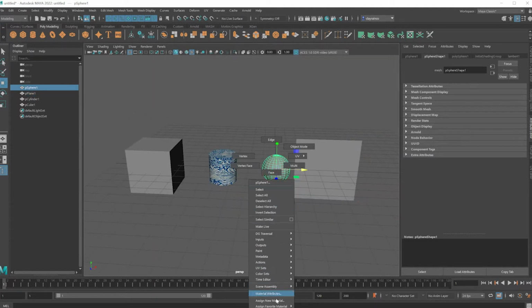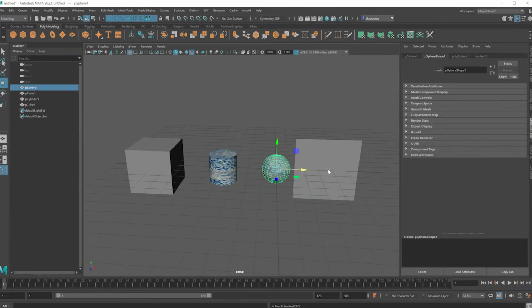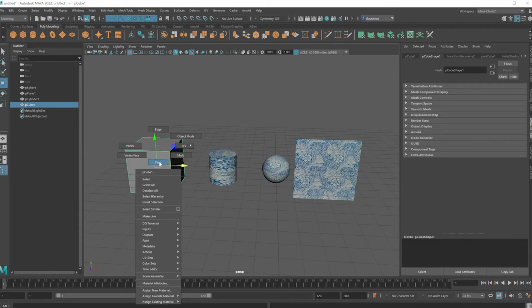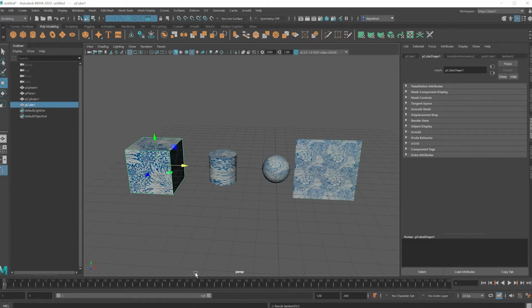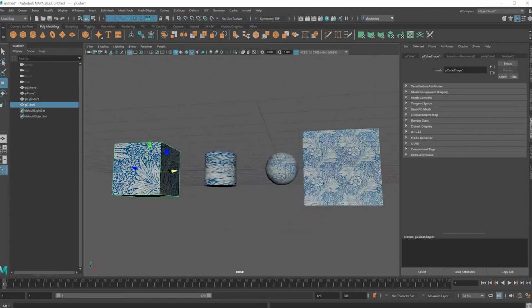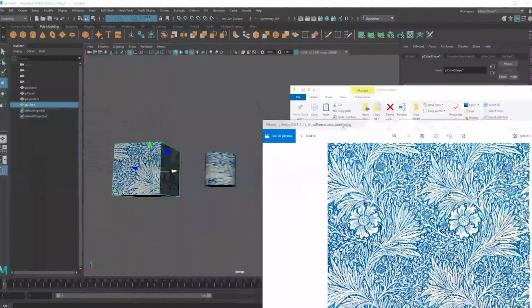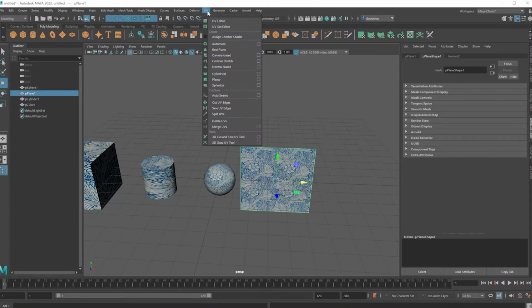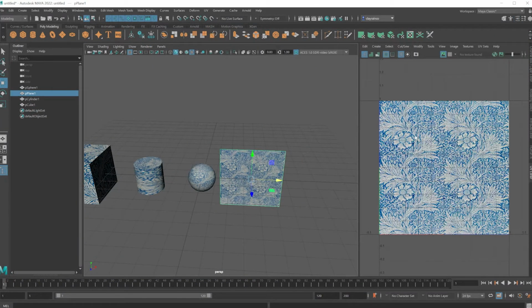I'm going to assign the existing material that was just created to the other objects. And now you can see how that one image, which is this, is being wrapped around these 3D objects. Go to the UV editor. If you right-click and select a face, you can see how this face